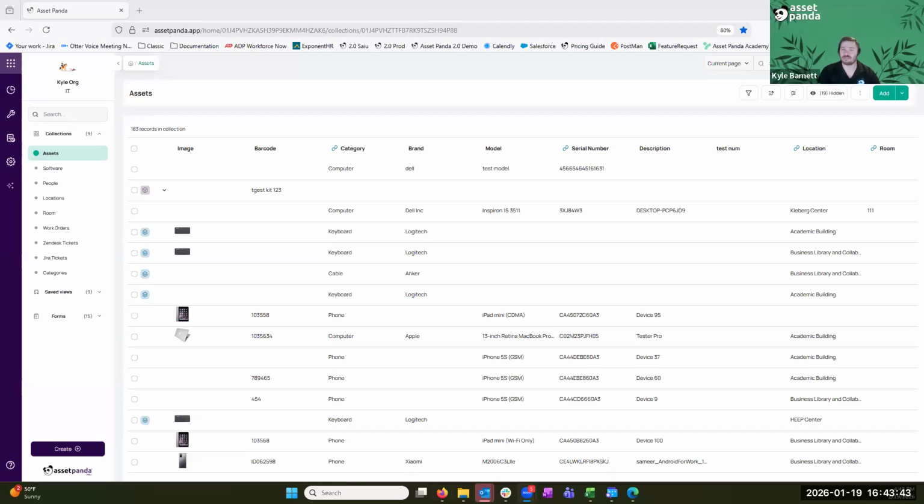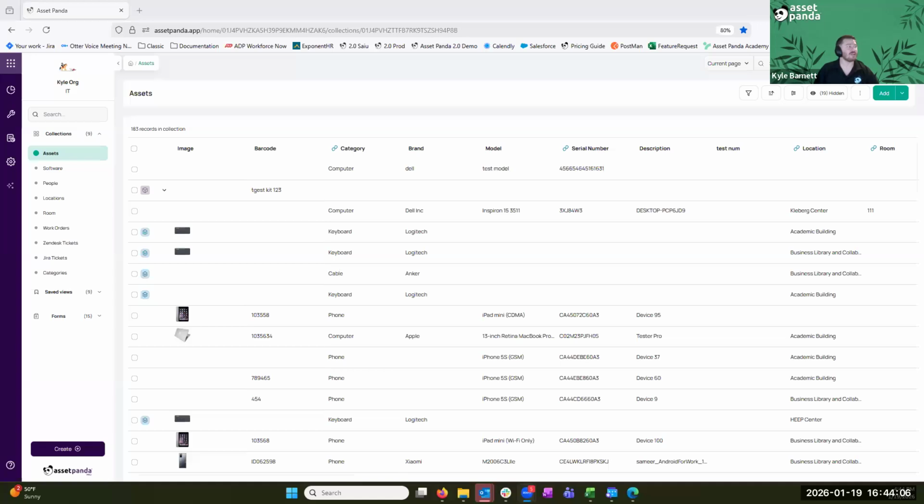I'd like to go over our Jamf Pro integration with you today. Now, the Jamf Pro integration is one of the most commonly utilized integrations, especially for our Apple devices. This is utilized mainly to pull over our Apple computers and our Apple mobile devices into Asset Panda to make sure that those records stay up to date. Now, we can also pull over those users, but the main data is going to be those mobile and computer-based